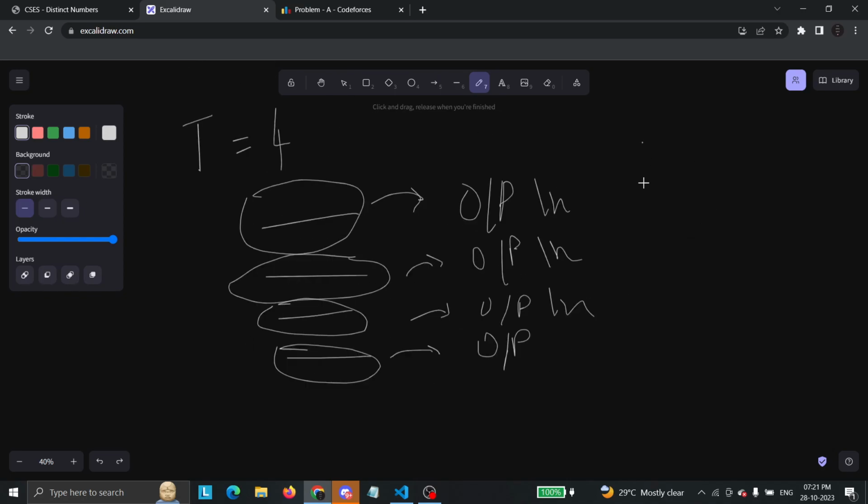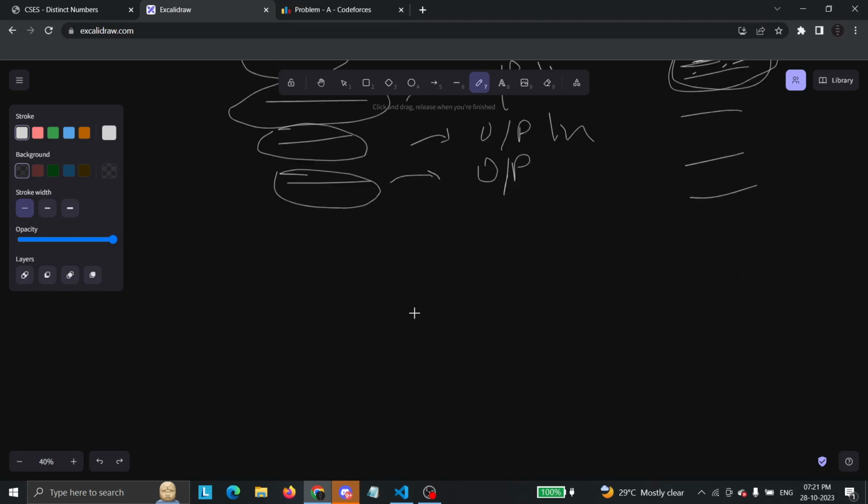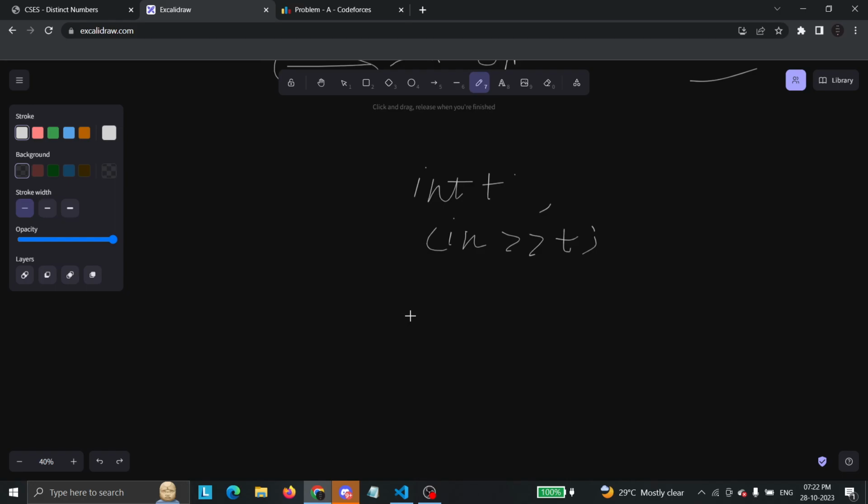When I say t is equal to 4, you can think that there are 4 questions given to you, and inside these 4 questions there could be other inputs also. N is given, string is given, all sort of things. In this case only one string was given, so only one input you have to take in each of these questions. You have to first take int t, the number of test cases,